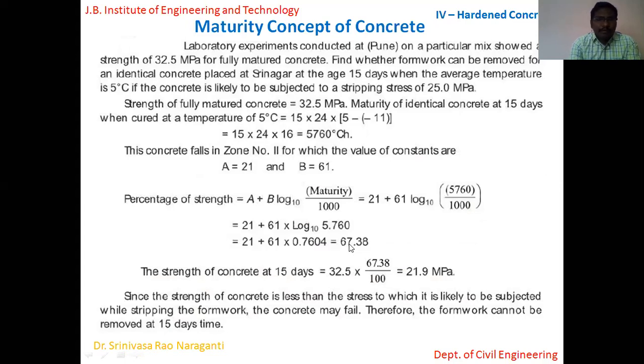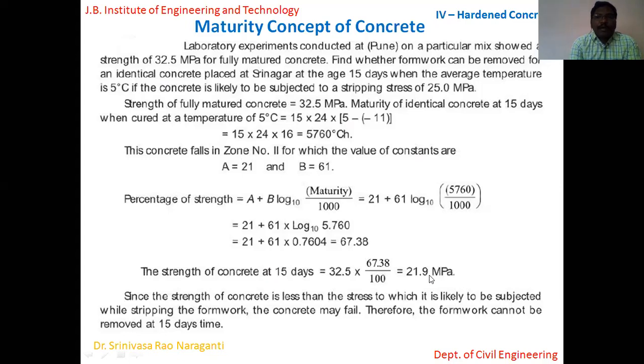maximum strength. That means 67.38 by 100. This is the percentage, times the fully matured concrete strength of 32.5. So you multiply with that, you get 21.9. That means the concrete after 15 days of curing at a temperature of 5 degrees centigrade will gain a strength